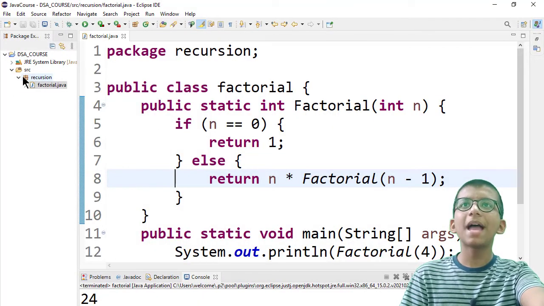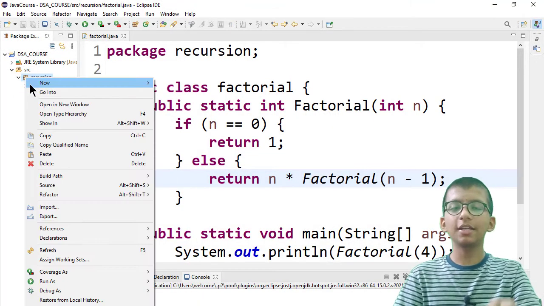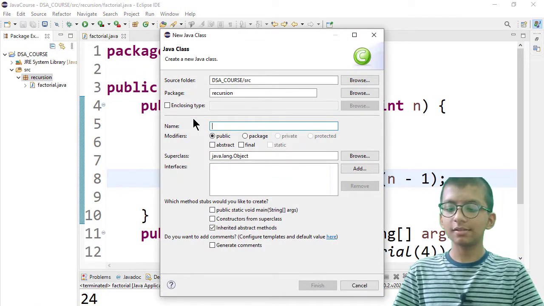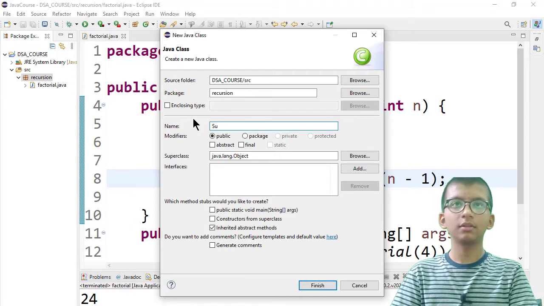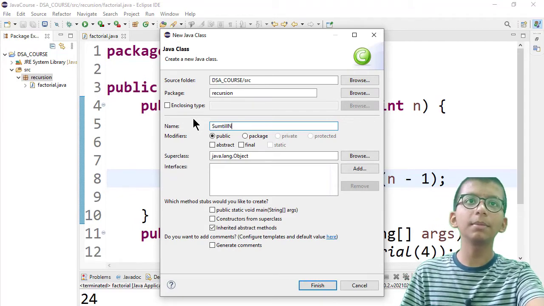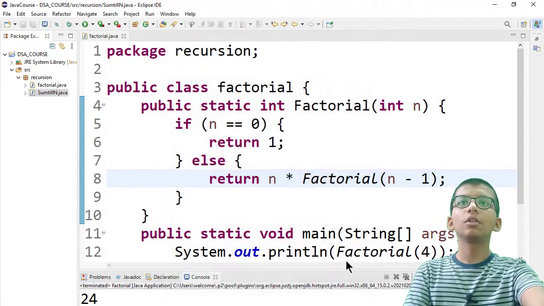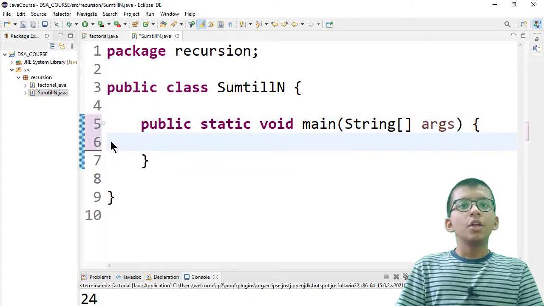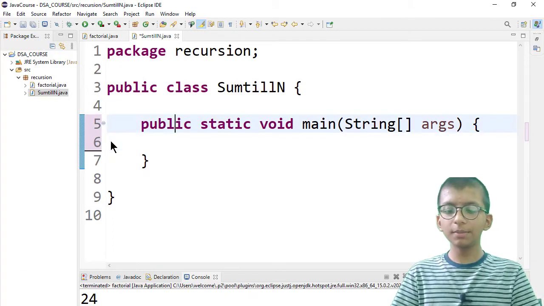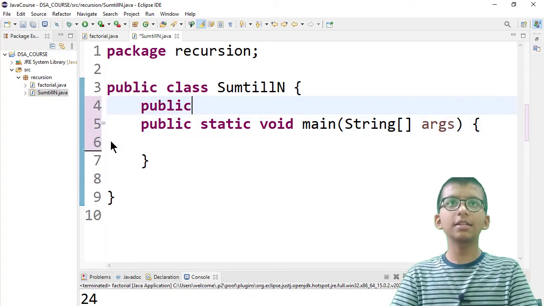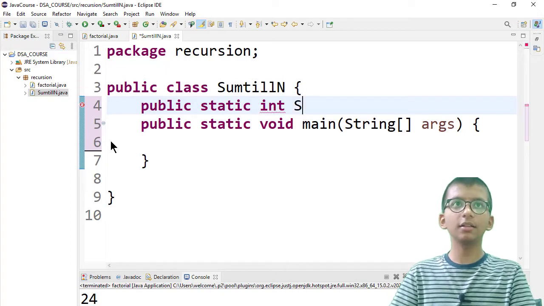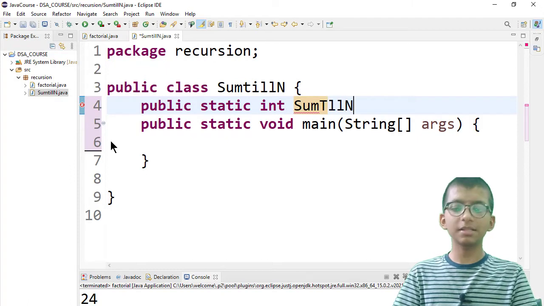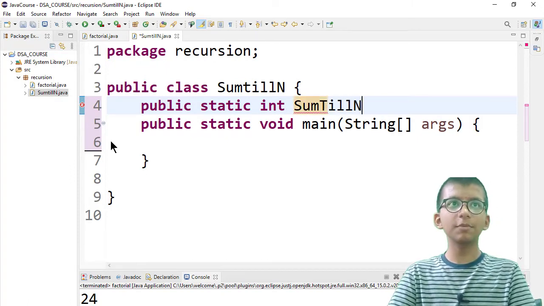I'm in my package, and let me make a class here. Let's call this sum till n, and I will make it public static. Let me remove this one from here. What you have to do is simply make a function, public static integer, sum till n. I think my spelling is wrong. It takes input as num,